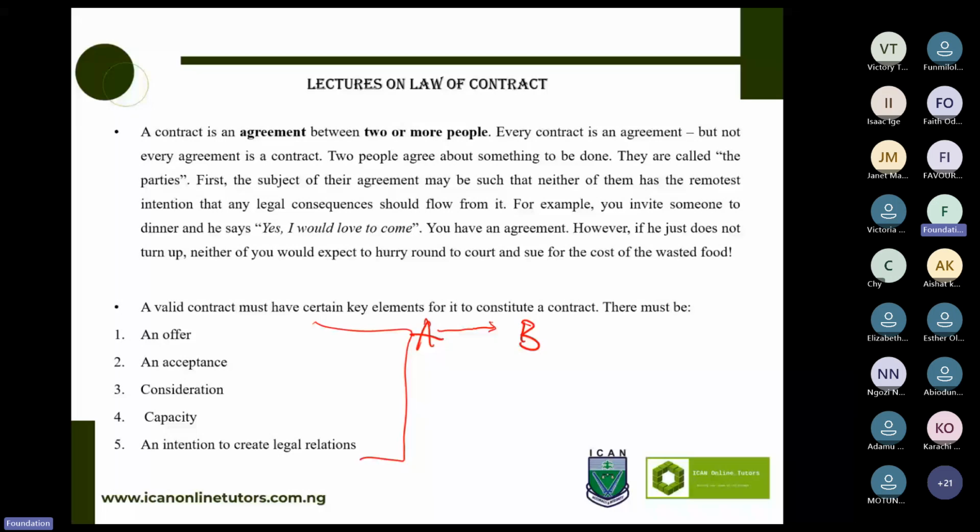Now, if B, after looking into everything, did not disagree, B accepts it. Okay, I've also been looking out to do a business with you. You have integrity, you are a man of timber and caliber, so no problem. That relationship that just happened, that approval is what we call acceptance.